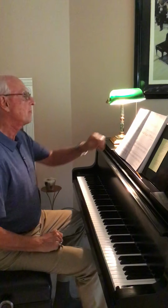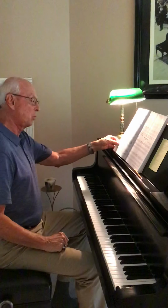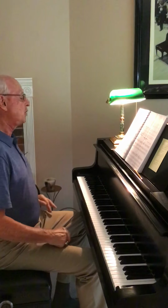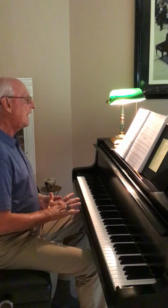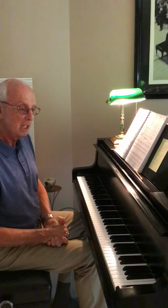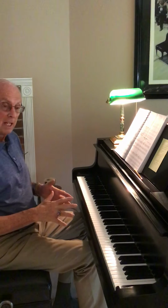Simple little piece. I want to begin 144 with you. It's not going to be for this week, but this way you'll have it on your video. It's an etude. An etude is a study, and it's basically broken chords. There's a couple of tricks in this piece, but the way you practice broken chords on a piano is you